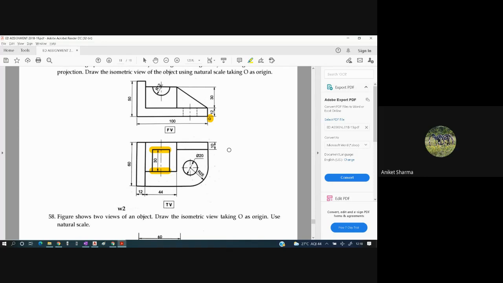Hello, sir. Yes. Sir, in the front view, the total length is 100, but in the top view, the total length is more than 100, 106. No, it is not 106. I'll explain to you. That is only 100. Then only these two things come cut to cut. See this over here, you draw a projection from here to here, you draw a projection from this end.